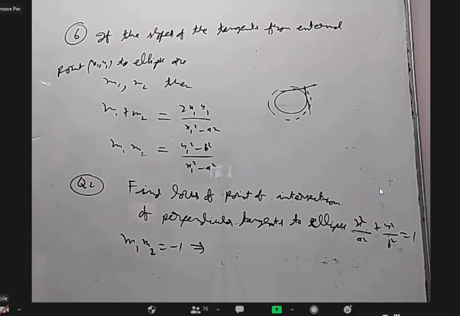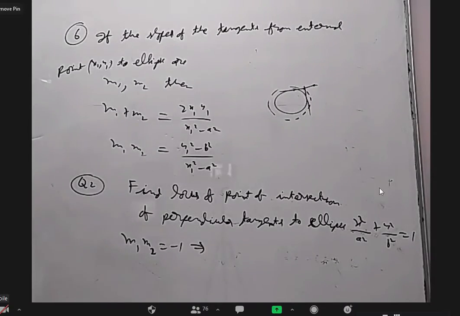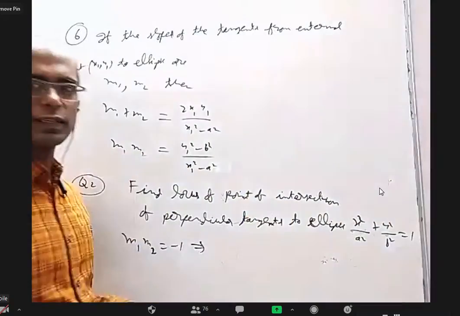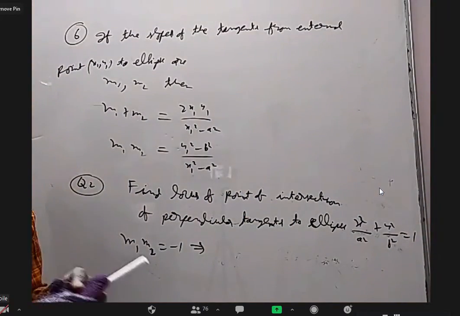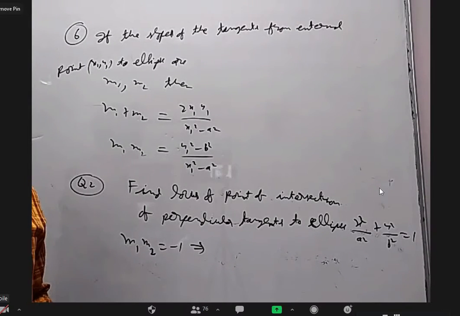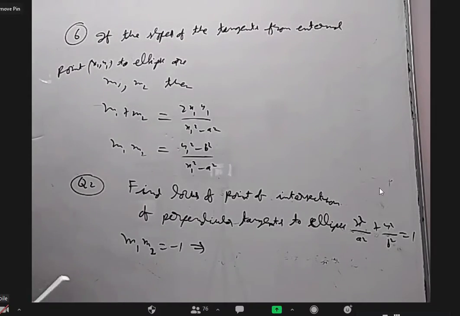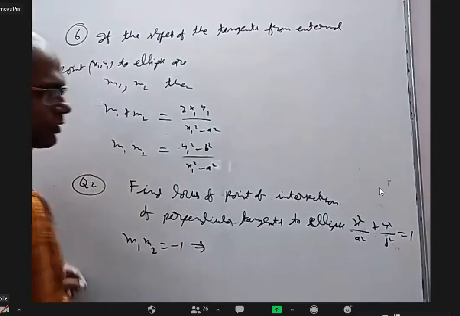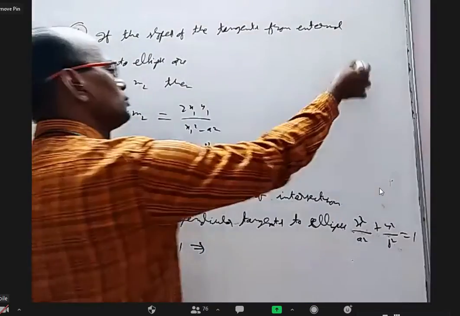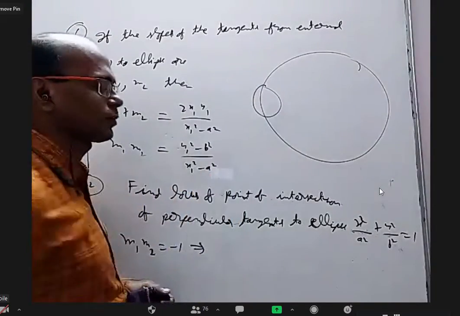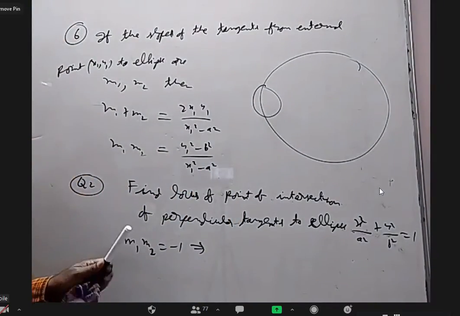In parabola also, the directrix can be called director circle. It is not a circle, it is a line. But director circle is not necessarily a circle. Director circle definition is the locus of point of intersection of perpendicular tangents. Mostly it is a circle, that's why they call it. After all, a straight line can be considered as a limiting case of a circle. You take a huge circle, when the radius tends to infinity and you take a small part of it, practically it is a straight line.